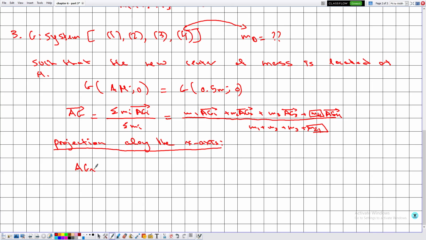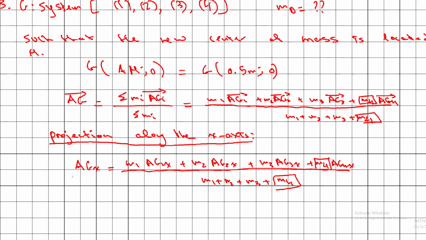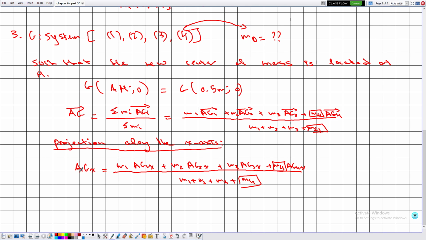Then agx is equal to m1 ag1x plus m2 ag2x plus m3 ag3x plus m4 ag4x divided by m1 plus m2 plus m3 plus m4, knowing that we are interested in determining the mass corresponding to the fourth particle. Now, since A is chosen as a reference system, then you are measuring the distance with respect to the